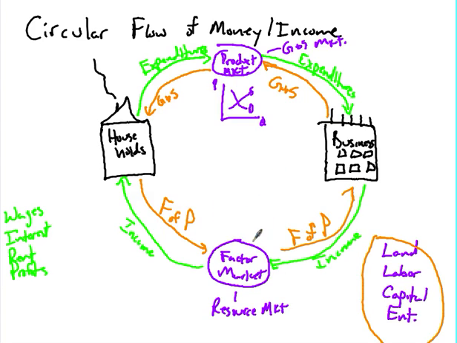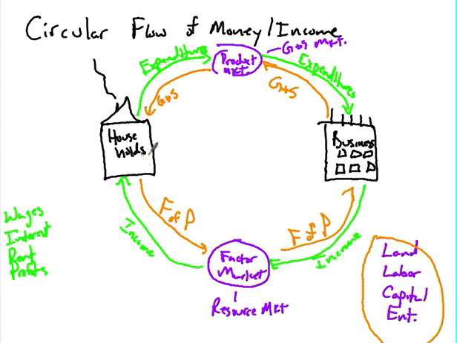Now, this is called a two-sector model, all right? We've got businesses and households. I'm going to add one more sector. We can add up to 5, and it probably gets even more elaborate than that. But when the money, well, let's see. Let me erase this. I'm going to put the other ones in here. All right, but this is the basic